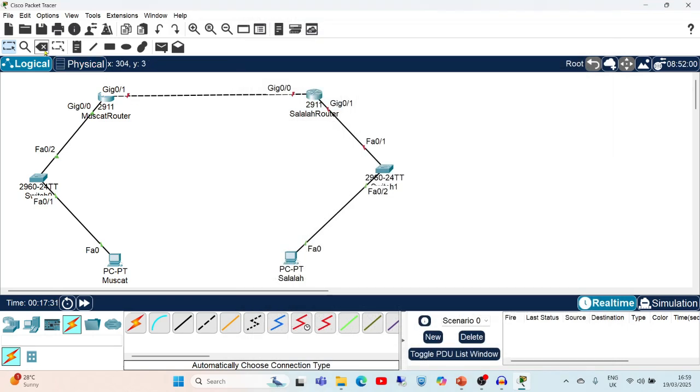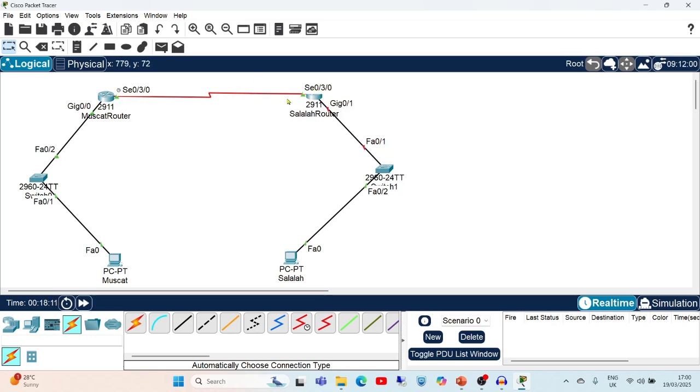Now see, if you want to delete any kind of networking device or cable, how to delete it? You have to select this icon for delete and just select the device which you want to delete. Okay. Now here I want to use the serial connection. So I will select the type of connection and just establish the serial connection. Previously it was showing gigabit. That's why I deleted that cable and again inserted a new cable.